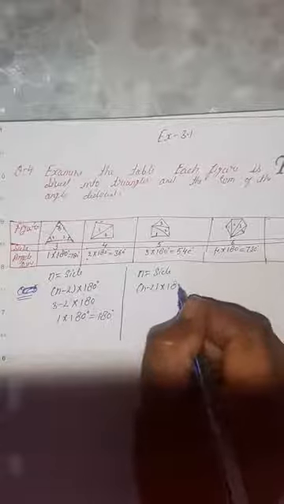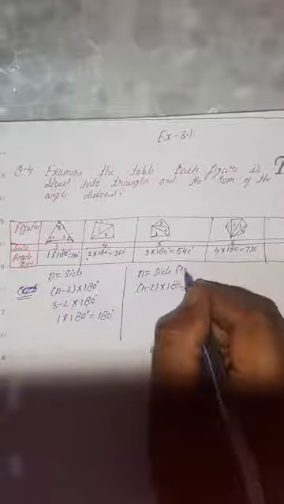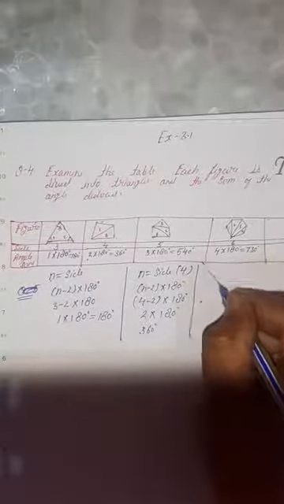As it is, when we go for the quadrilateral, n is equal to the number of sides. We have 4 sides here. So what will we have for the formula? We have the formula (n minus 2) multiplied by 180 degrees. We have n as 4 here. So 4 minus 2 multiplied by 180 degrees. So we have 2 multiplied by 180 degrees. So for the quadrilateral, 360 degrees.